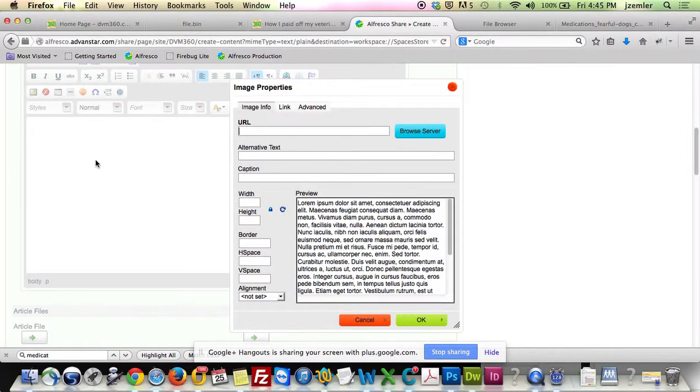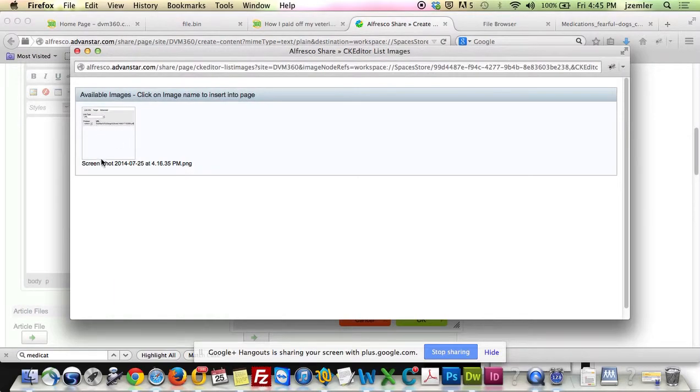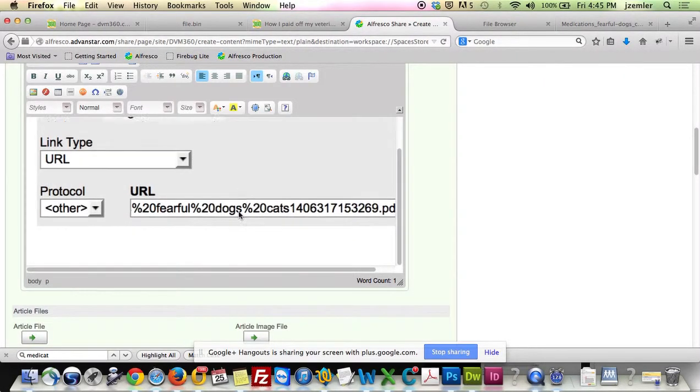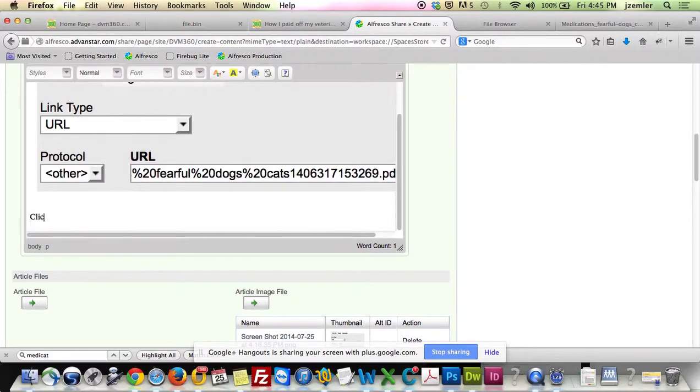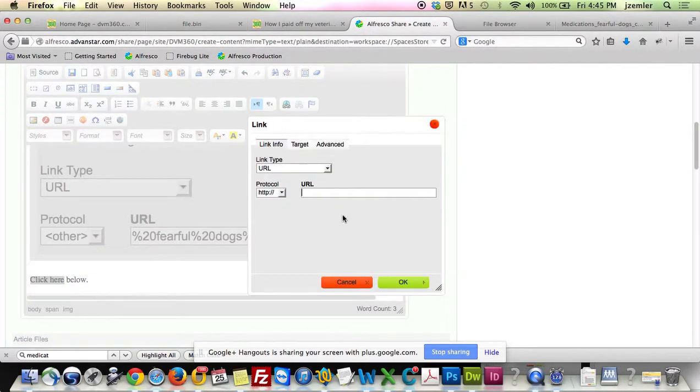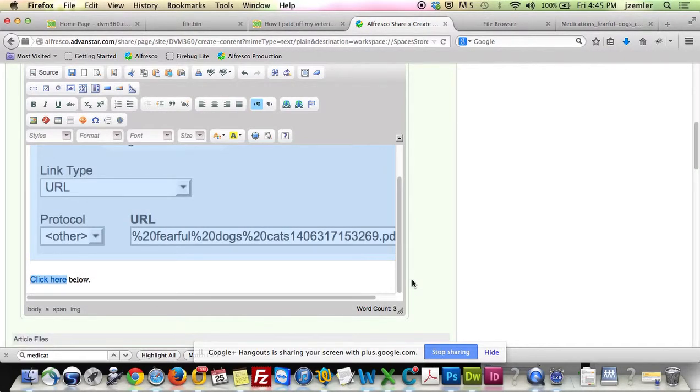So I'm going to put in my image first without the link. Oh, that's gigantic. Then I'm going to have my click here below, and I'm going to click and highlight all of that. And then I'm going to click the link and do my protocol HTTP, www on the URL, target is _blank, and then press OK. So what it just did there was it took all of the data that I had selected and it nested the beginning of the a href before the image, and it closed the a href after the here of click here. So if we look at the source code,